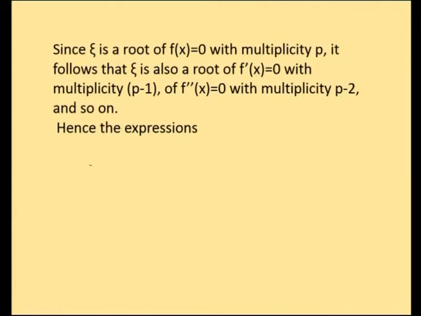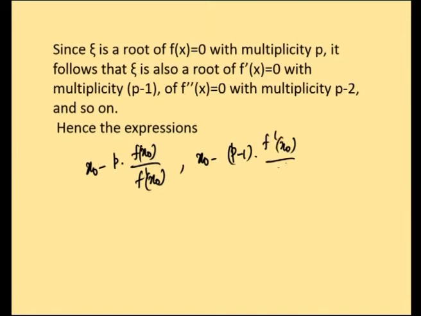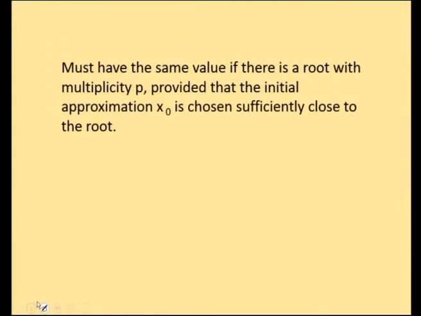Hence, the expressions x naught minus p into f of x naught divided by f dash of x naught, and x naught minus p minus 1 into f dash of x naught divided by f double dash of x naught, and x naught minus p minus 2 into f double dash of x naught divided by f triple dash of x naught must have the same value,